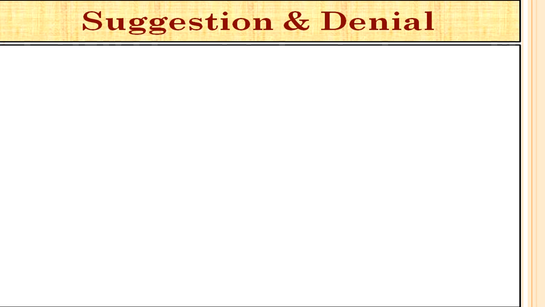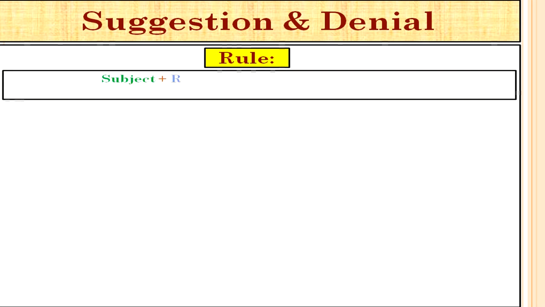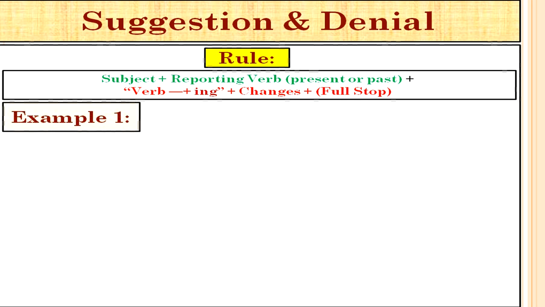reporting sentences through which we make suggestions or we express denial. And the rule is the subject plus the reporting verb in the present or the past plus the verb plus ing plus the other changes which depend on the tense of the reporting verb, and finally full stop, if we have another punctuation mark in the sentence in direct speech. Now let's study the following examples. The first example, the sentence in direct speech,